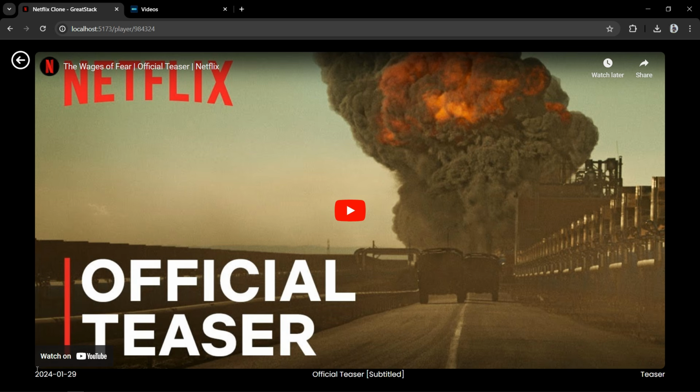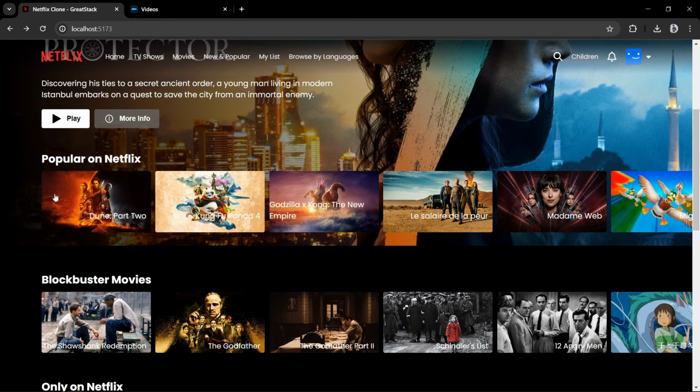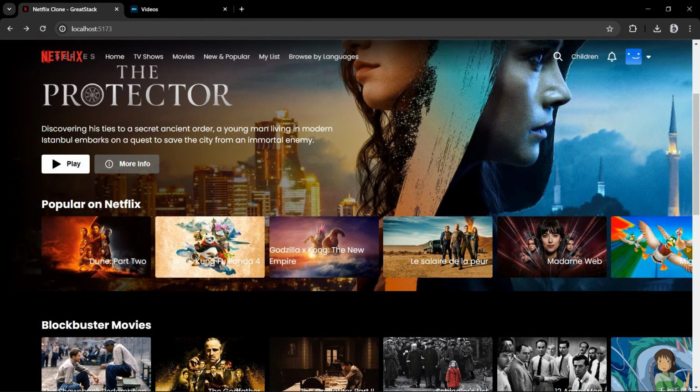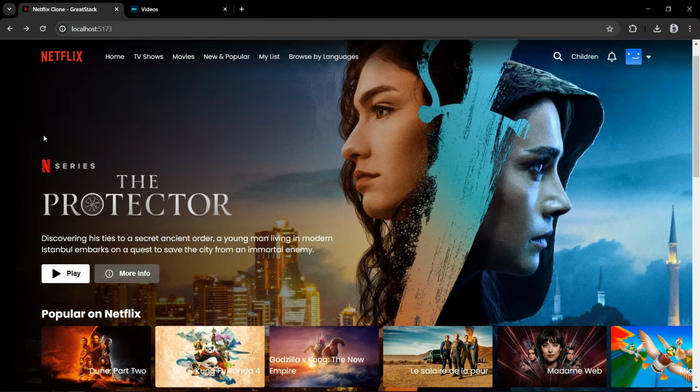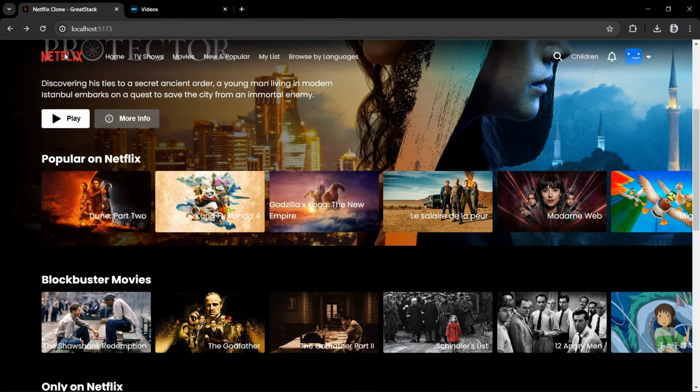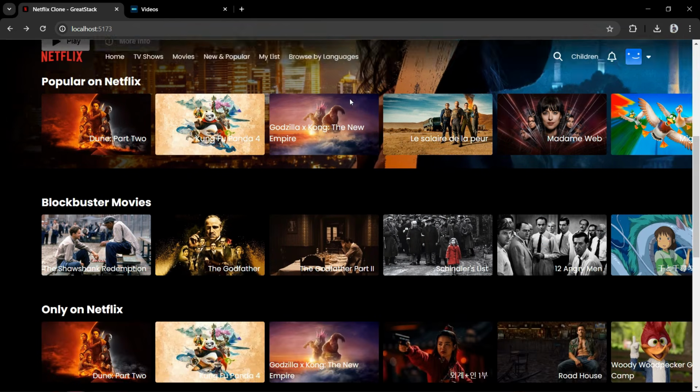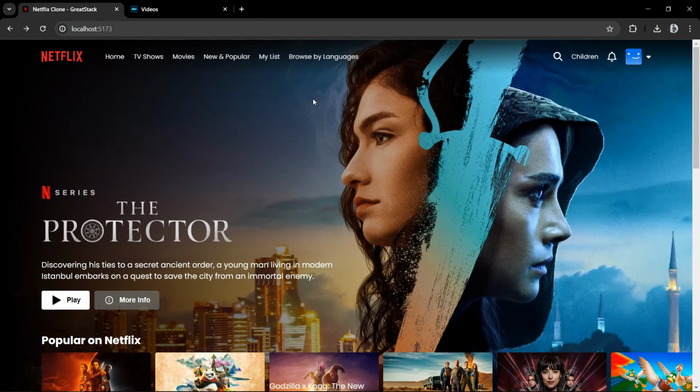You can see this is the date, this is the name, and this is the type, which is teaser. Let's click on this back arrow icon. So we will come back. Now we have integrated all the API features. Next you can see when I scroll this web page, this menu links and logo overlap on other items. So we have to add a dark layer below this navigation bar when we scroll the web page.